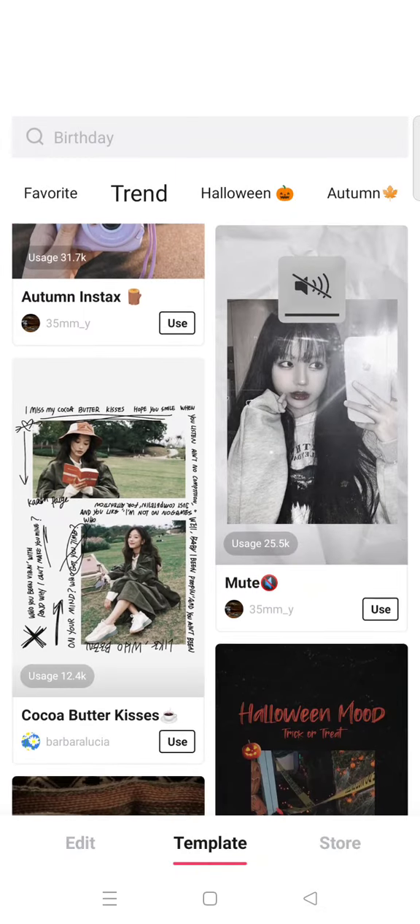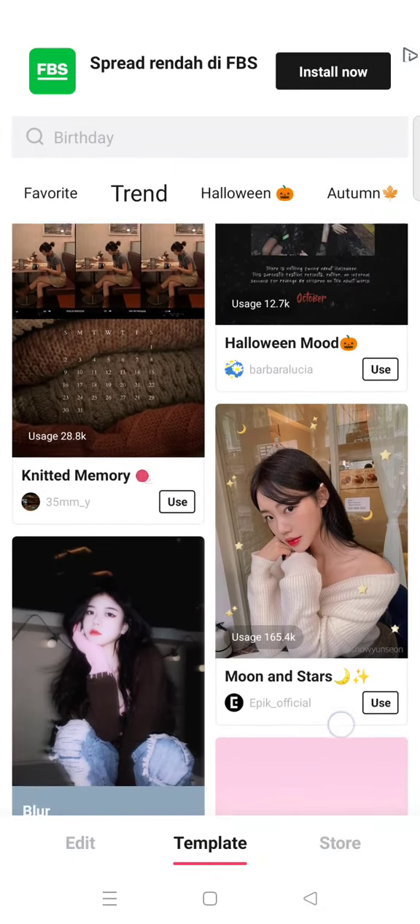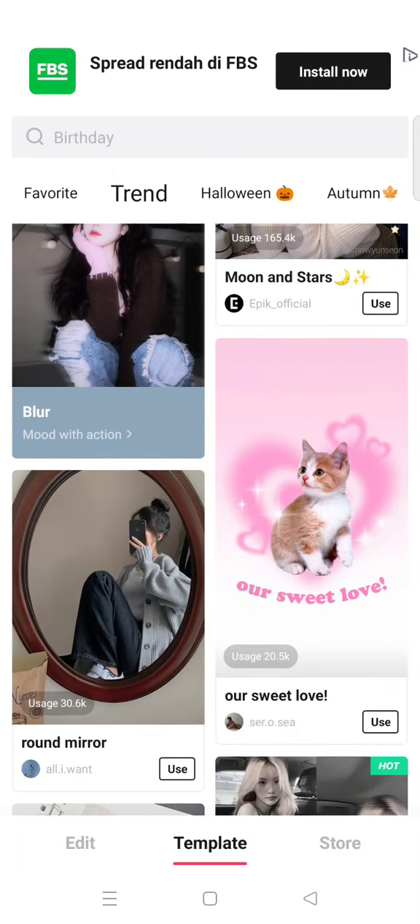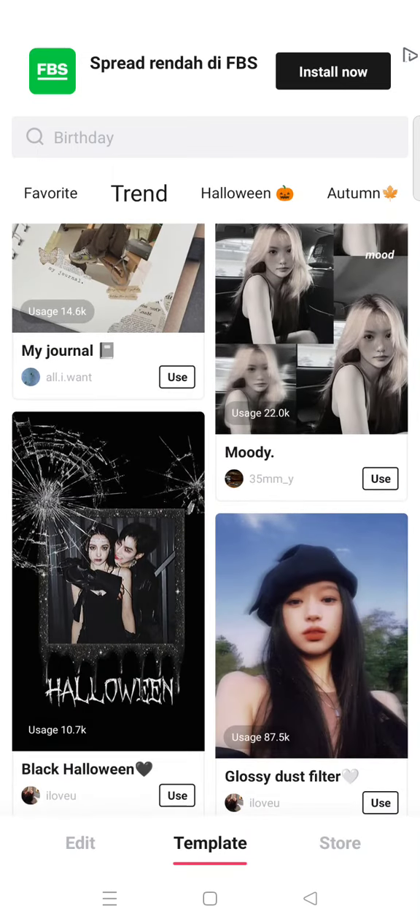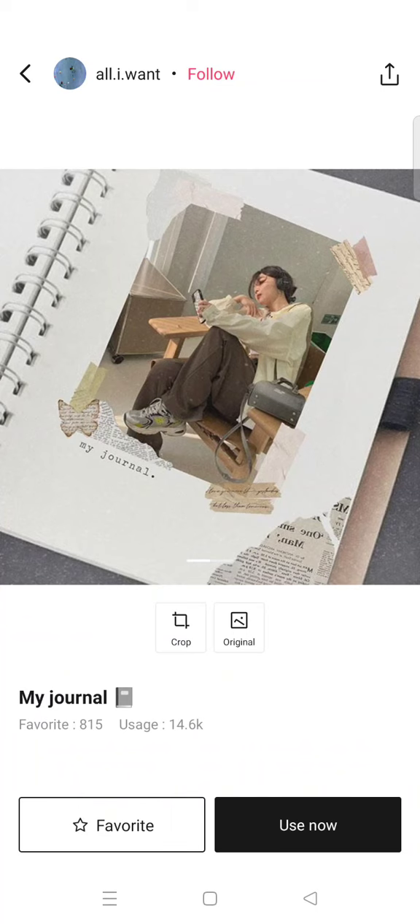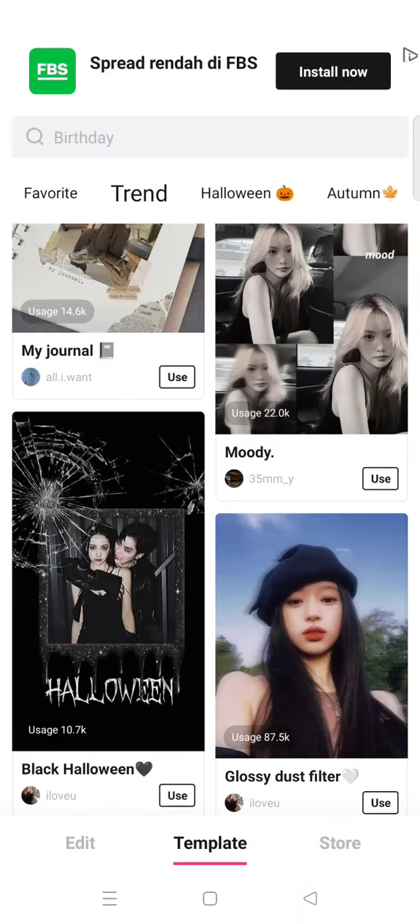You can also find other favorite. For example, I want to add another one. Okay, I'm going to add this one right here. Just click on the favorite, and then after that, if you want to find where is your favorite template, you